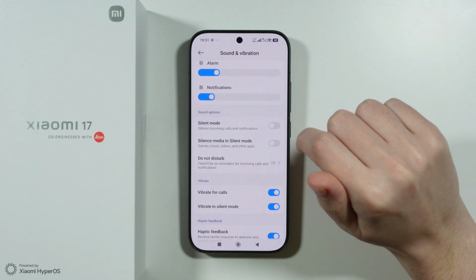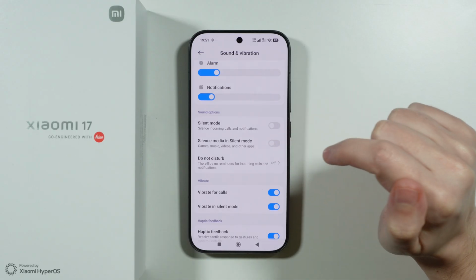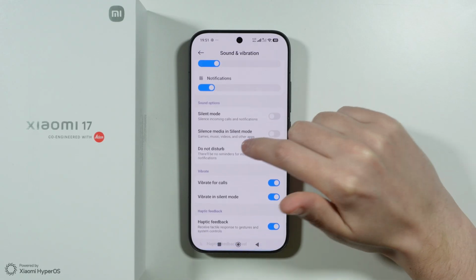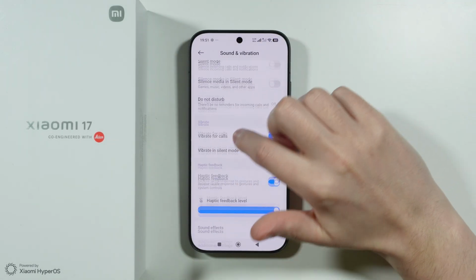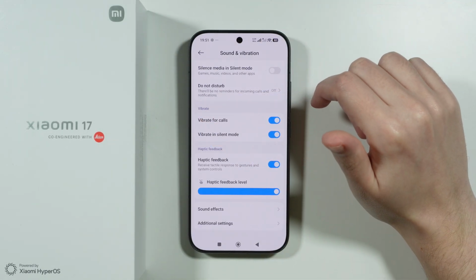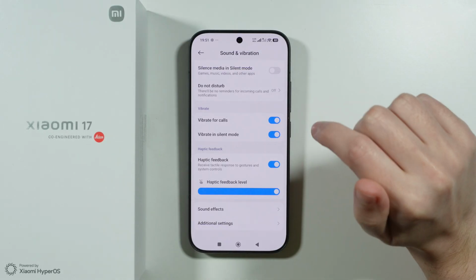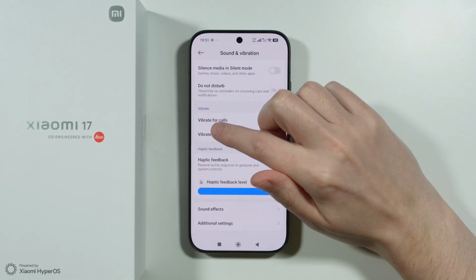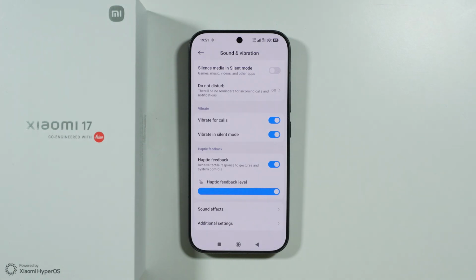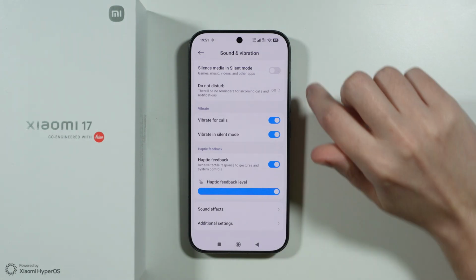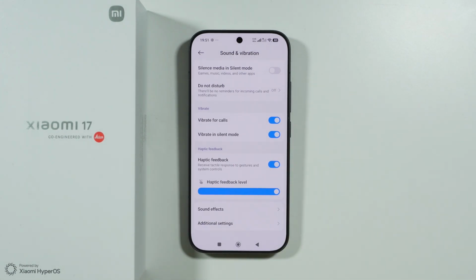Then we have sound options where we can toggle the silent mode. We can also silence media in silent mode, and we have the D&D mode over here with all the necessary settings. We have some vibration options in addition to that, where we can toggle vibrations for calling. We have a vibrate in silent mode, so you can decide if your phone should be able to vibrate in the silent mode or not. We have the haptic feedback, so you can decide if, for example, touch vibration should be a thing or not